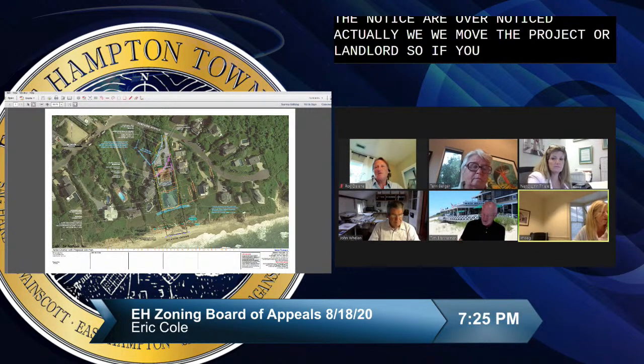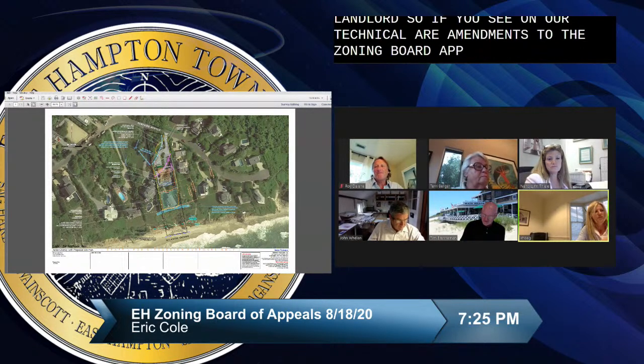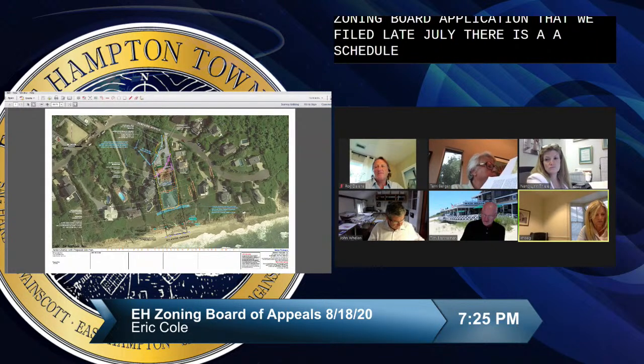So if you see on our technical, our amendment to the zoning board application that we filed late July, there is a schedule contained on,